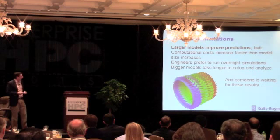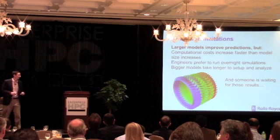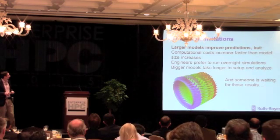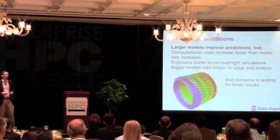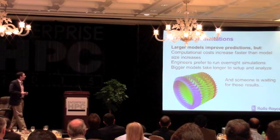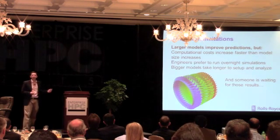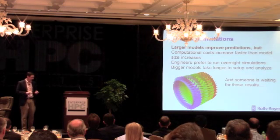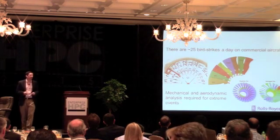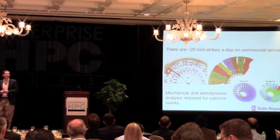Well, I talked about the next chart ahead of time. So again, the design process is just that. It's an iterative process, and it's a balance between meeting the design requirements and the time scales. So talking about mechanical analysis,